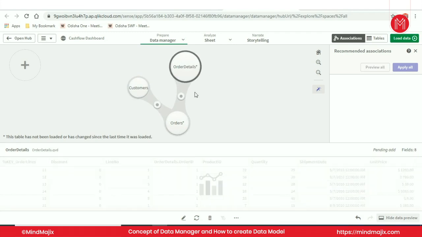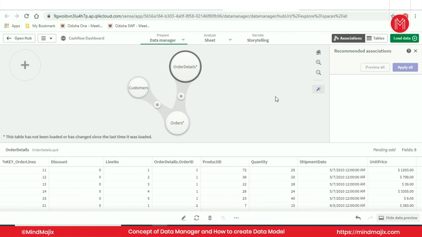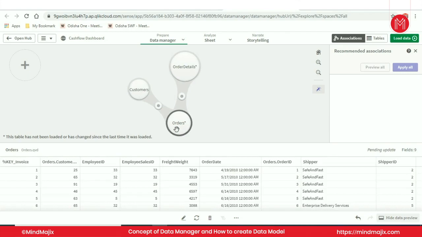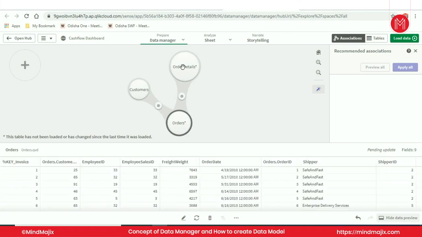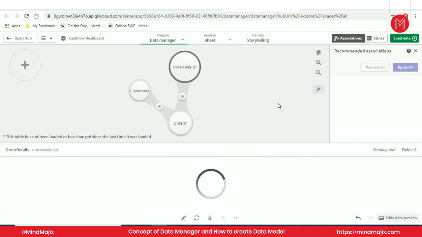So this is how we can deal with the data manager. If you want to do any parsing of the tables here, any changes in the tables, like here it is saying order details, order ID. Here it is saying orders, order ID. Order ID, and this is order detail, order ID. So automatically it could do the joins. So now you can do the data profiling, like say the customer table. Here we have the customer table. Some level of changes if you want to do here, everything you can do in this data manager.